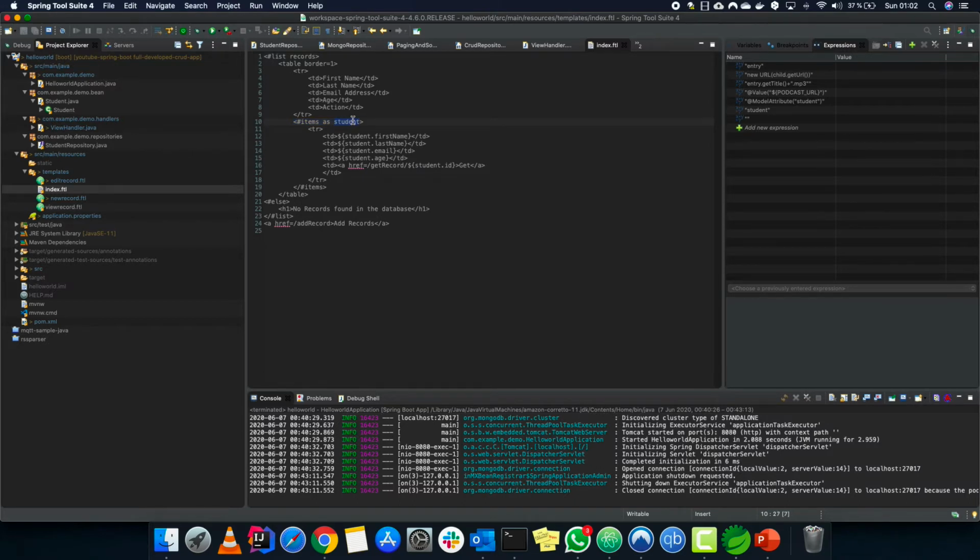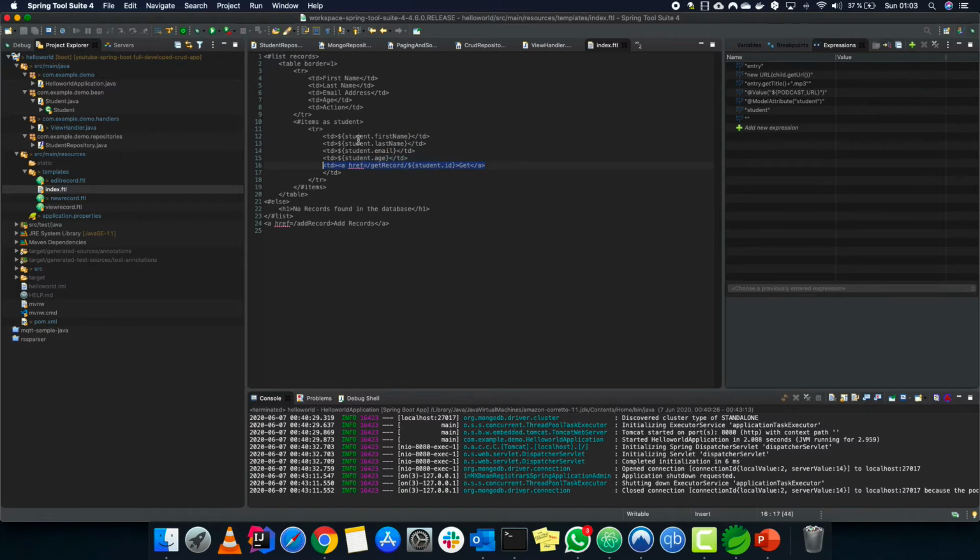You can give it any name you want. I gave it student so that we know that this is a student object, that's it, nothing matters. But this particular name should be as we have provided in the model, so records should be records. Now we are going through each record and showing student first name, last name, email, and everything. What does this particular thing do? We'll go into it later.